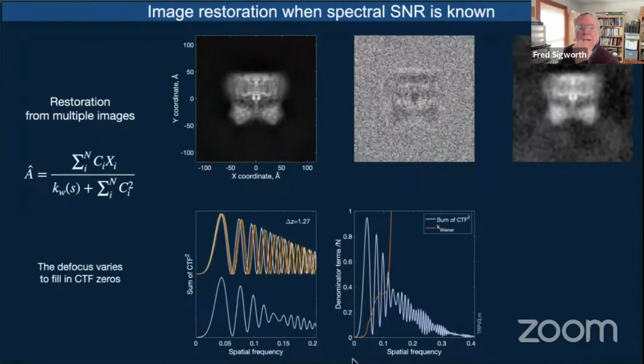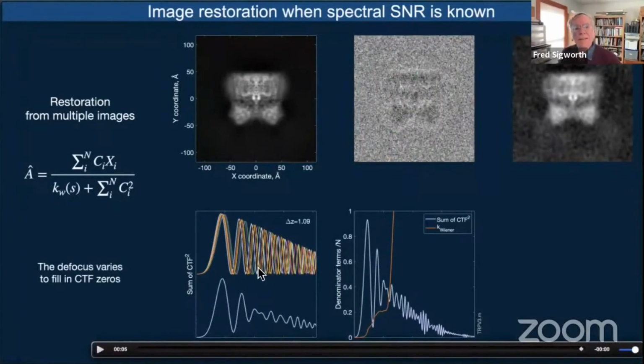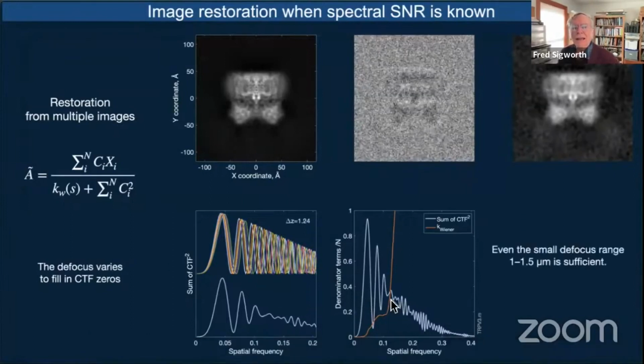So here we're combining a few images, and you can see what's happening. The sum of the CTF squared here, if I used a variable amount of defocus, I get CTFs that don't all go to zero at exactly the same place. And so if I add these up, you see this does not quite make it to zero. And so the two terms in the denominator look like this. This is the CTF squared term, and this is the KW term. And you can see that the signal part is going to be stronger than the regularization part up to the spatial frequency about that far out. But as I add